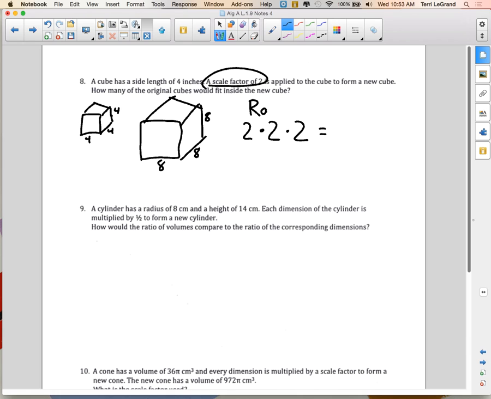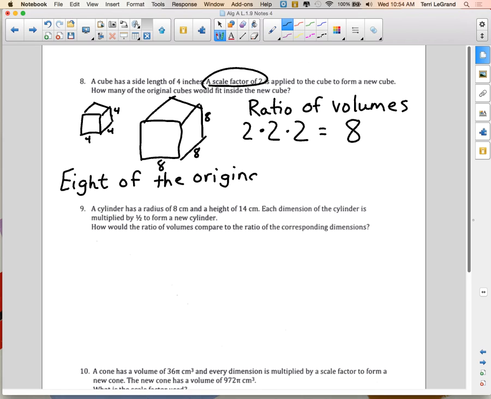Let's write the ratio of the volumes without having to find the volumes. Without having to find the volumes, we know that we can take the scale factor and cube it. Take it times itself 3 times, and we get 8. So our answer to this one is going to be 8 of the original cubes. And I do want you to write some sentences that will help us see what the real answer is in your homework here. So let's do it in our notes too. 8 of the original cubes